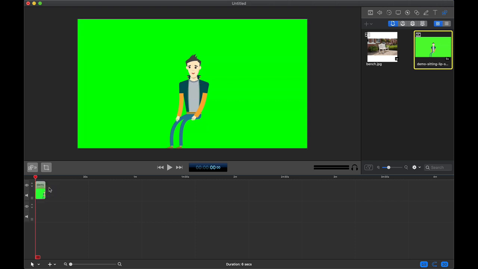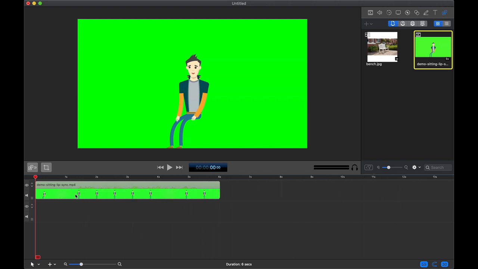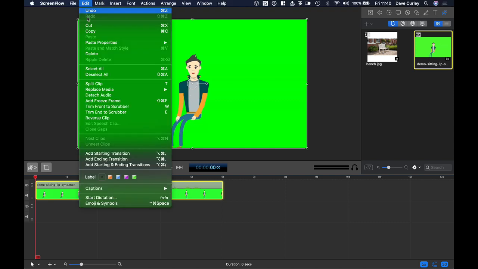And we're going to do a couple of copies of this video in the timeline because we need the character doing two different things, and I'll just zoom that in a bit so we can see it. At the moment it's 6 seconds long, and what I'm looking for is just the section of this Toonly video with the character sitting, but actually ScreenFlow has a very simple way of doing this. I'll just take a freeze frame from this clip, and that's exactly, right there is exactly what I want them doing. So I'll just take a freeze frame,